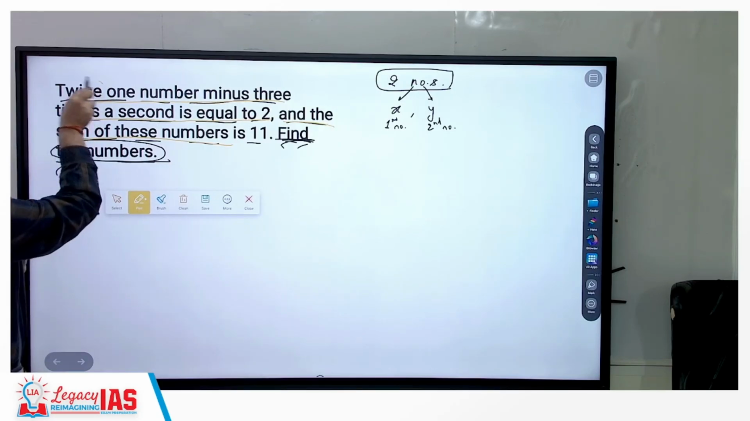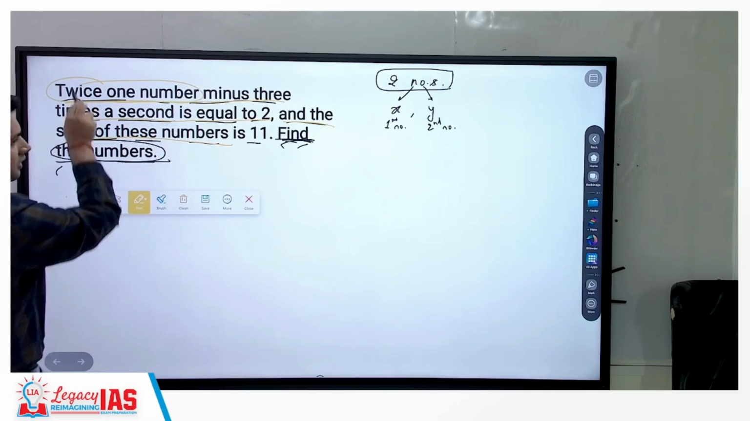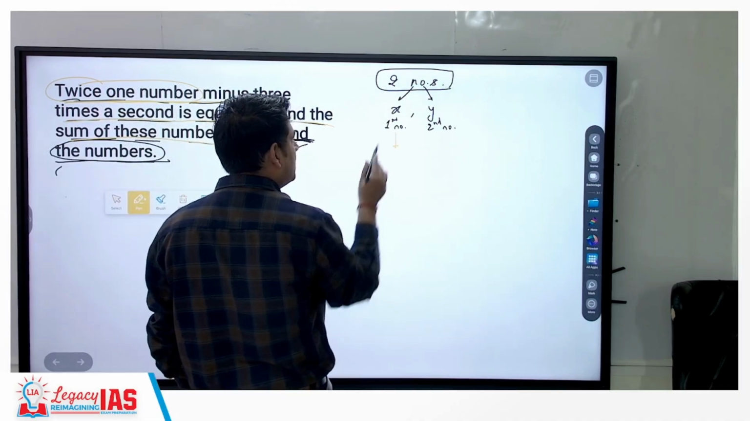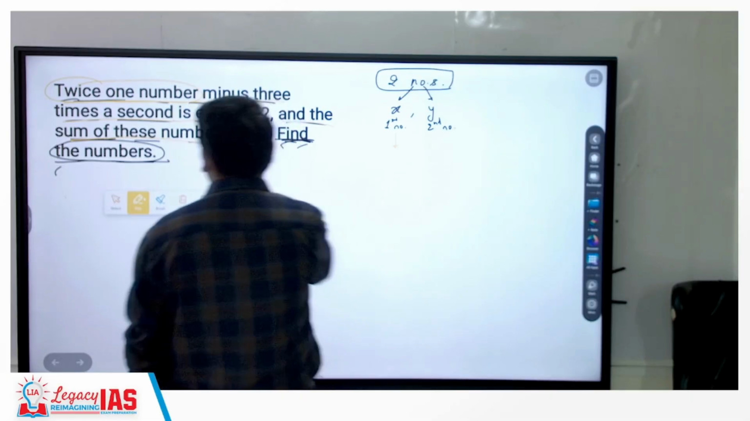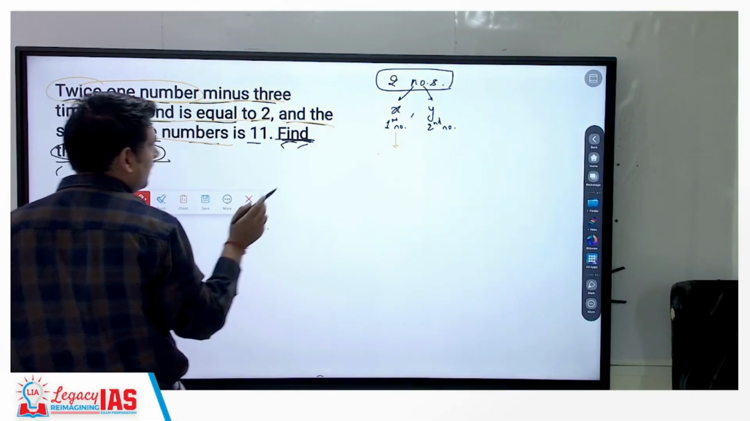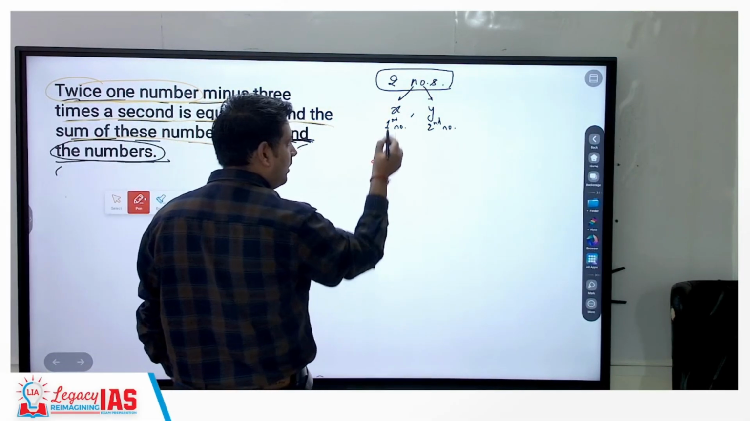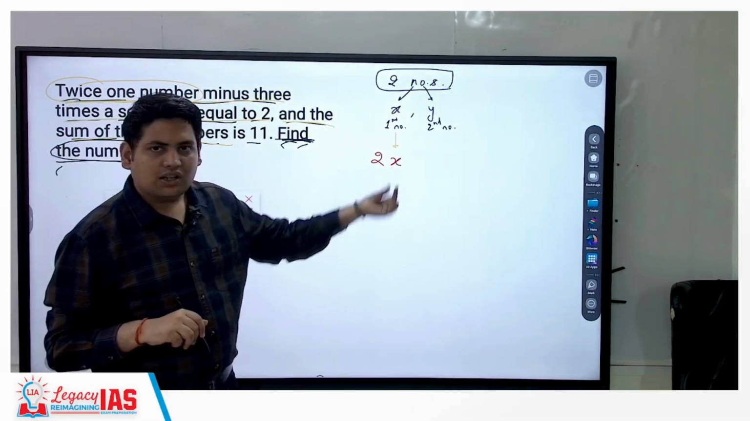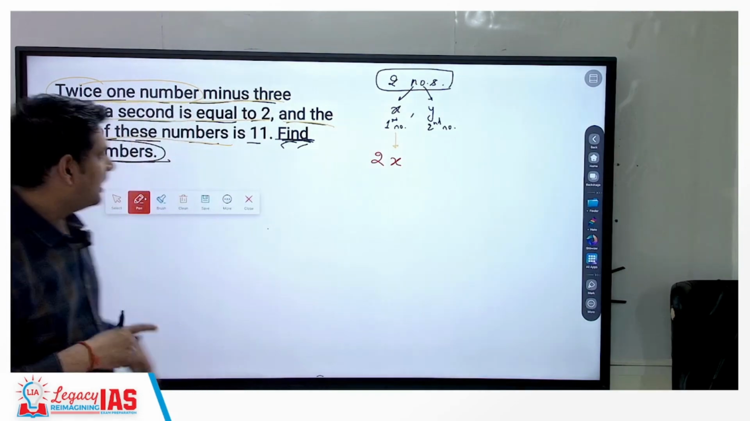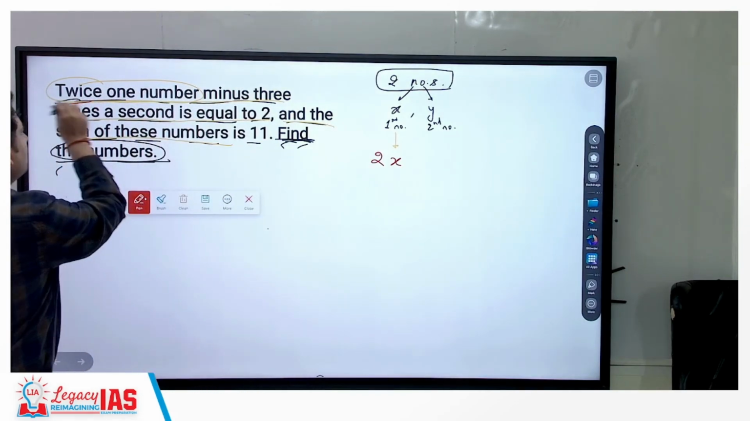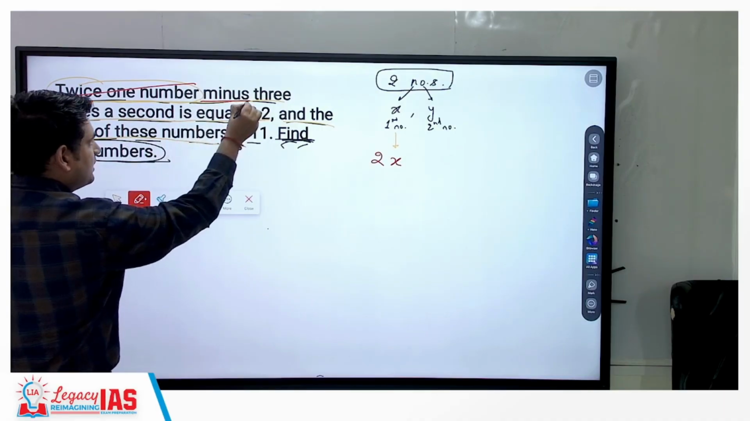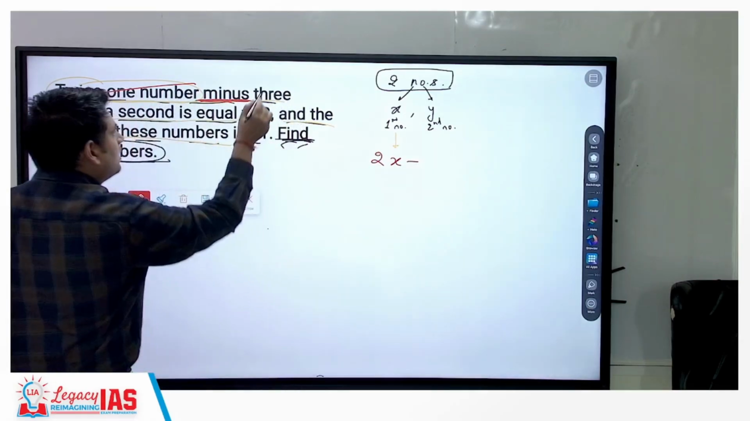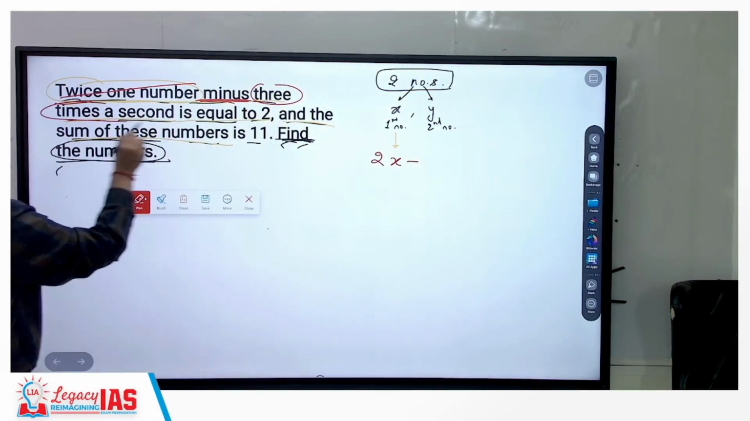Read. Twice one number. Okay. So you take the first number, one number, this is the first number. Twice one number, 2 times one number, that is 2x. Correct? Twice one number is done. This is done. Now minus,